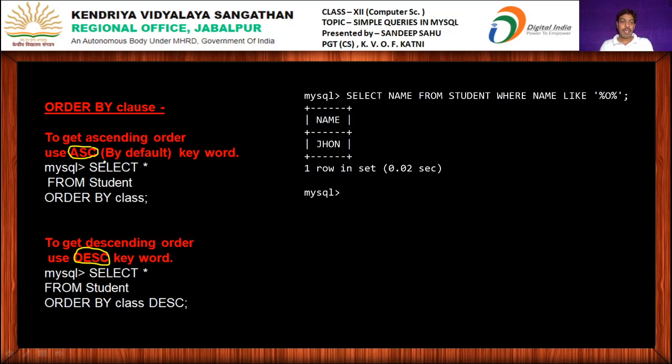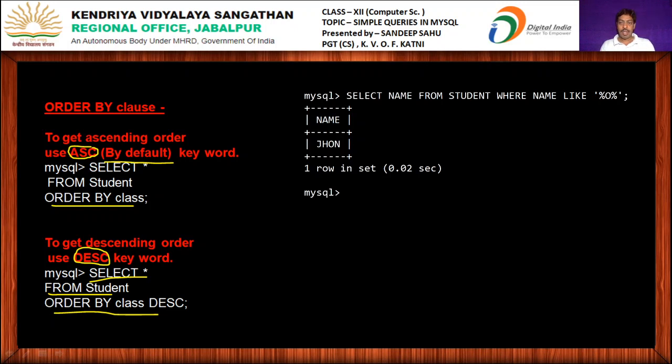The ASC keyword is the default, that is, if you are not mentioning anything, then by default the order will be ASC. So for example, if you want to arrange the students in ascending order of class, then the query will be select * from student order by class, and for descending, select * from student order by class DESC.